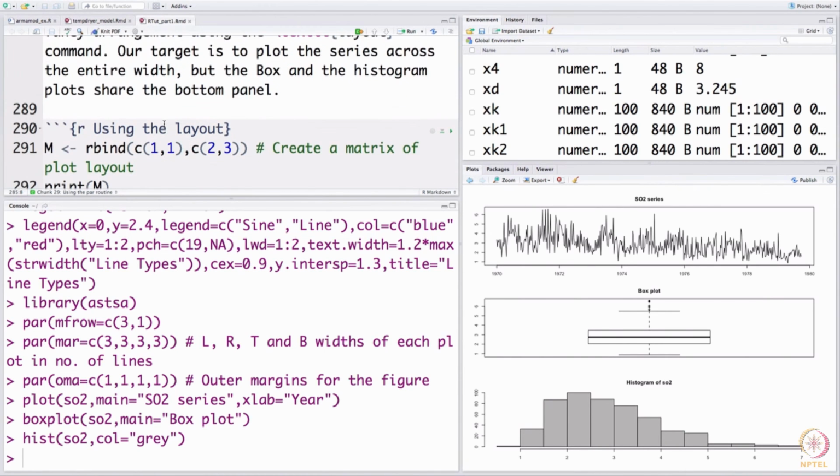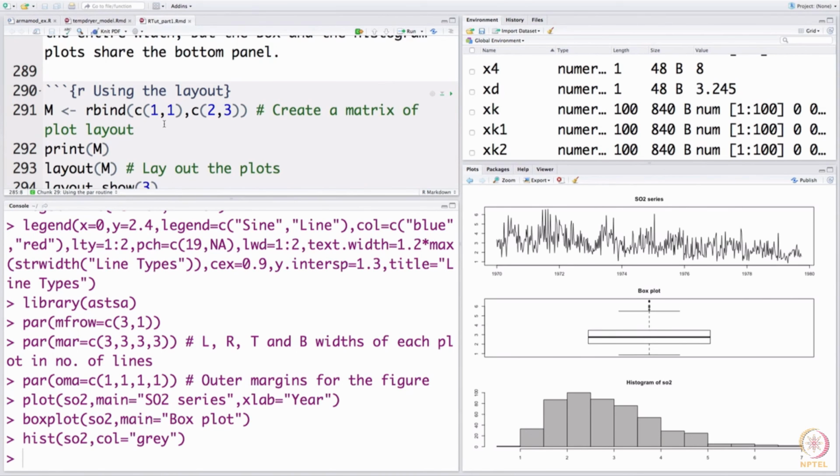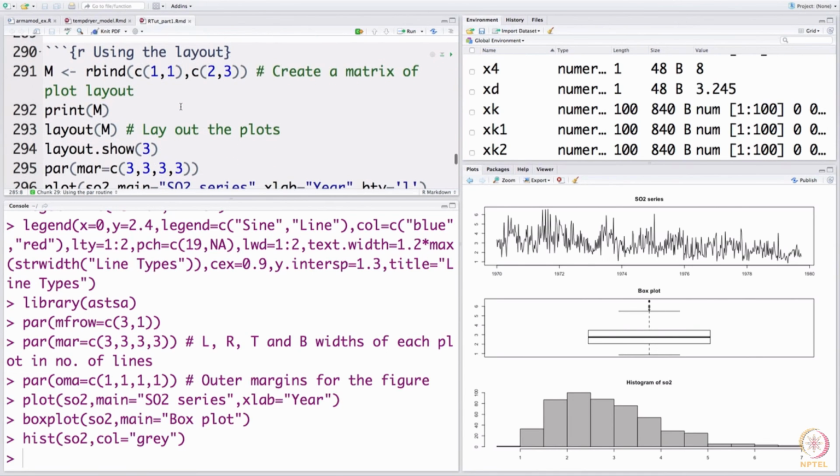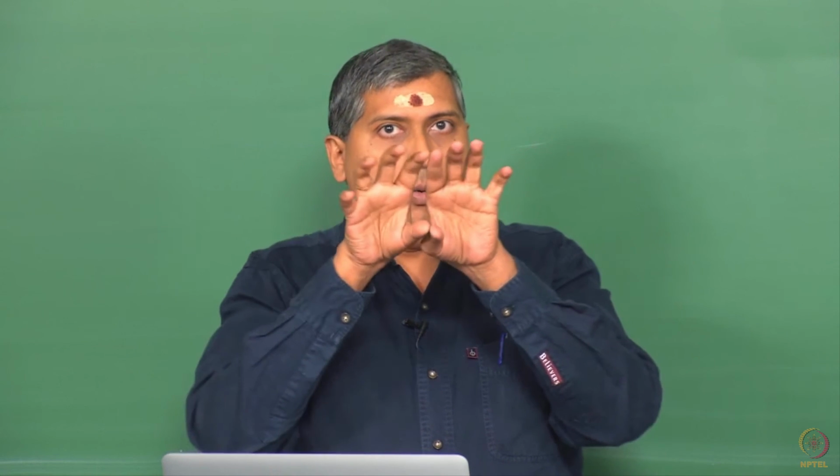want to show you. The layout is a more advanced way of plotting this thing with the fancy arrangement that we just spoke of. So, how do I do that? I use the layout command, and what do I supply to the layout command? The arrangement, right. What is the arrangement here? Saying on the top I want the series. So, imagine the screen to be divided as 1 stretching over the entire width, and 2 and 3, the bottom one being split into 2 and 3. So, that is how it would look like.